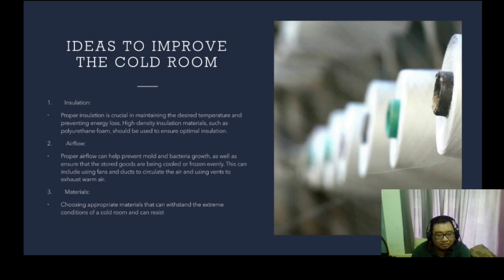The second one is airflow. Proper airflow can help prevent mold and bacteria growth, as well as ensure that the stored goods are being cooled or frozen evenly. This can include using fans and ducts to circulate the air and to exhaust warm air. And the third part is material. Choosing appropriate materials that can withstand the extreme conditions of a cold room and can resist